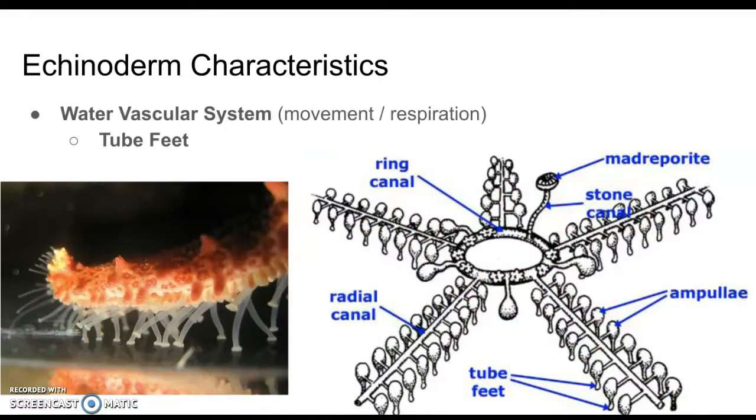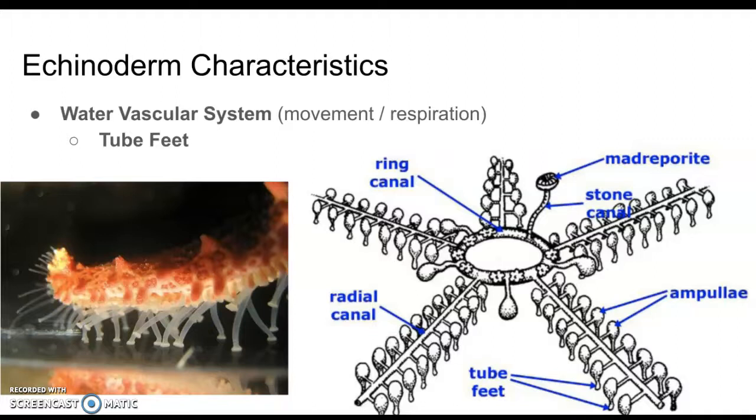They also have a very interesting way in which they move, and they take in oxygen. So this is the internal organs of a sea star, and you don't need to know the actual parts, the names, but you need to know how the sea star works. So you have this madreporite here, which is how the sea star brings the water into its body, and then it fills these tube feet and the ampullae with water. And then the ampullae and the tube feet that you see here will swell up with water, and then it will actually release the water and